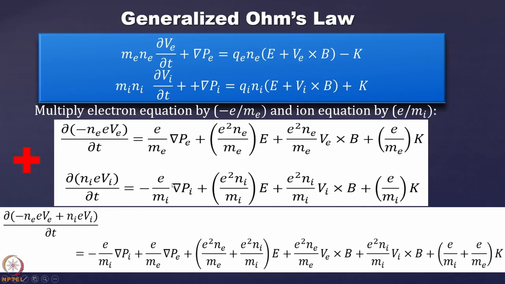Okay. Now what happens, when this is there, the other term is similar to the electron terms. It will be coming obviously as e squared Ni by Mi as a factor of E, and then you multiply by the same term Vi cross B, and then the collision terms appearing here like this. One interesting thing, that this has now become positive because minus e by Me you have multiplied, and in the second term, this one in the second equation, it has also become positive.